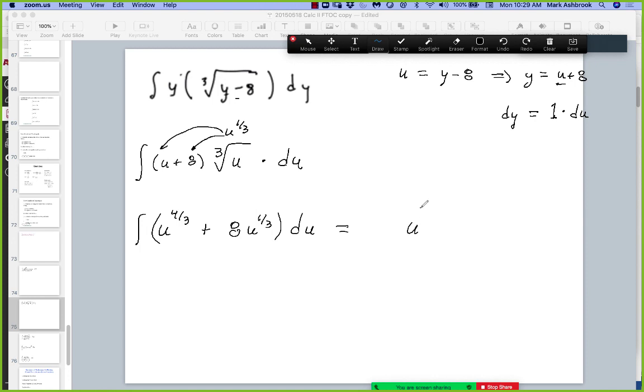So we got u to the 7/3, right? Raised power times 3/7 plus 8 times u to the 4/3 times 3/4. And we'll have a simplification there. That'll be 6. 8 divided by 4 is 2 times 3 is 6. And then can I do that and put my y minus 8 back in at the same time? So 3/7 u is y minus 8 plus, this is all 6 times y minus 8 to the